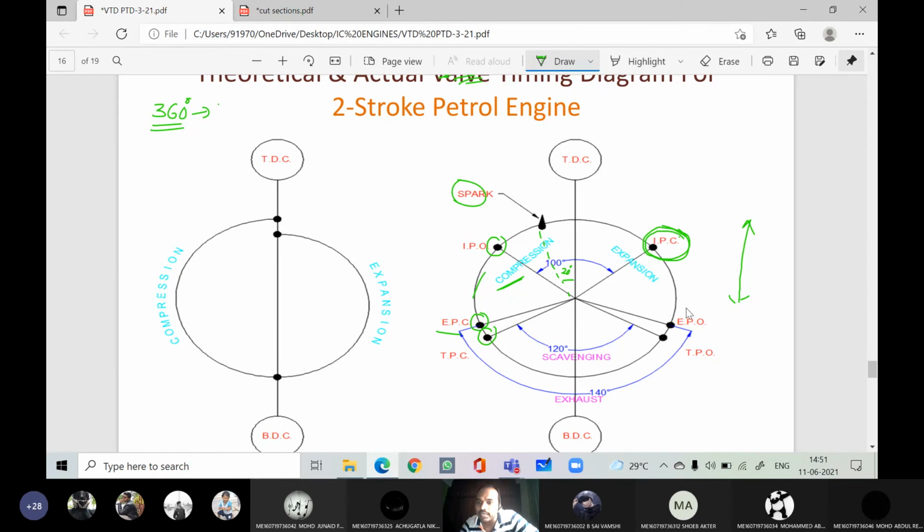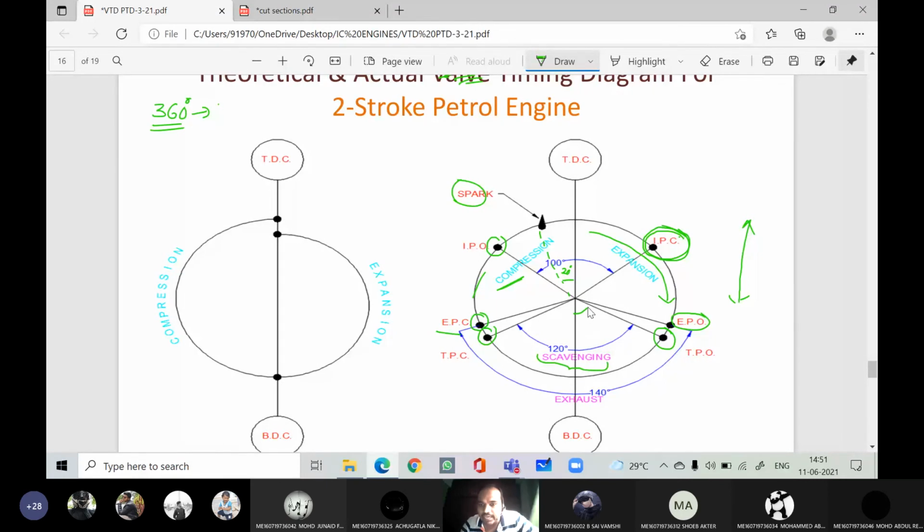With further movement of the piston, the exhaust port is open. Till here it is the expansion. After combustion it is the expansion. Once the exhaust port is opened, I can say this is the exhaust stroke. Within the exhaust port, again the transfer port is opened. The transfer port opening to closing, during this passage, what will happen? The exhaust gases from the engine cylinder will be removed from the engine, and the engine is ready for the fresh charge. That operation is called the scavenging operation.